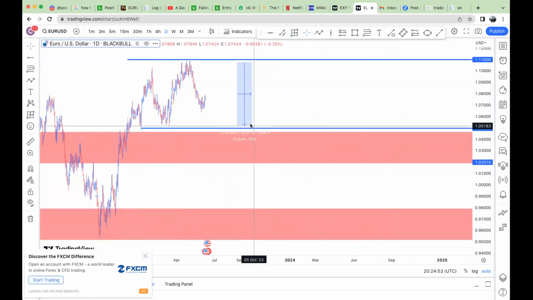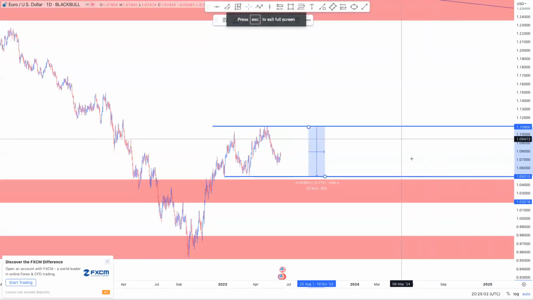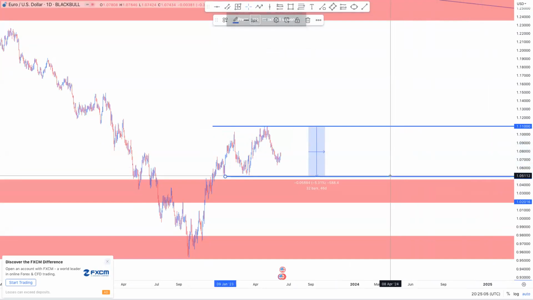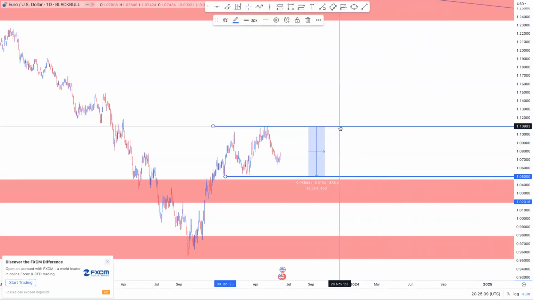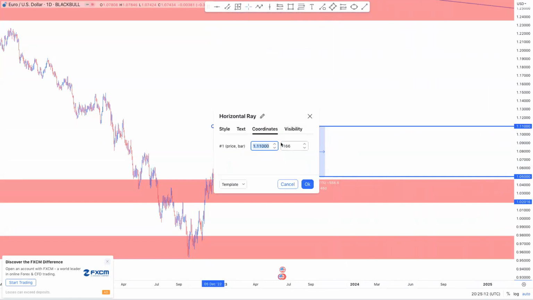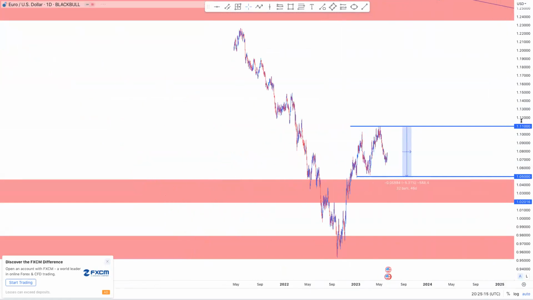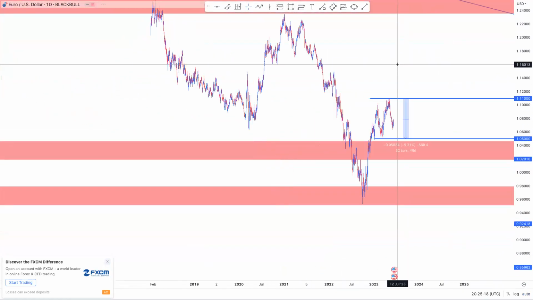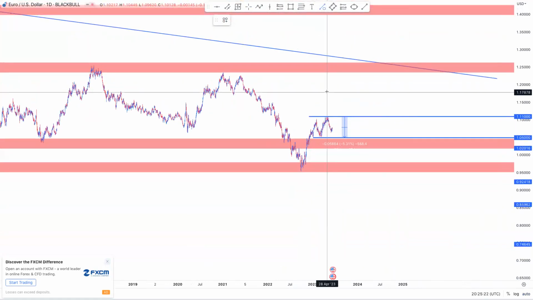So for me, my place of interest in this market is between 1.055 and 1.11. That's my place of interest in this market. Okay. Now, the next thing I want to do is I want to look at